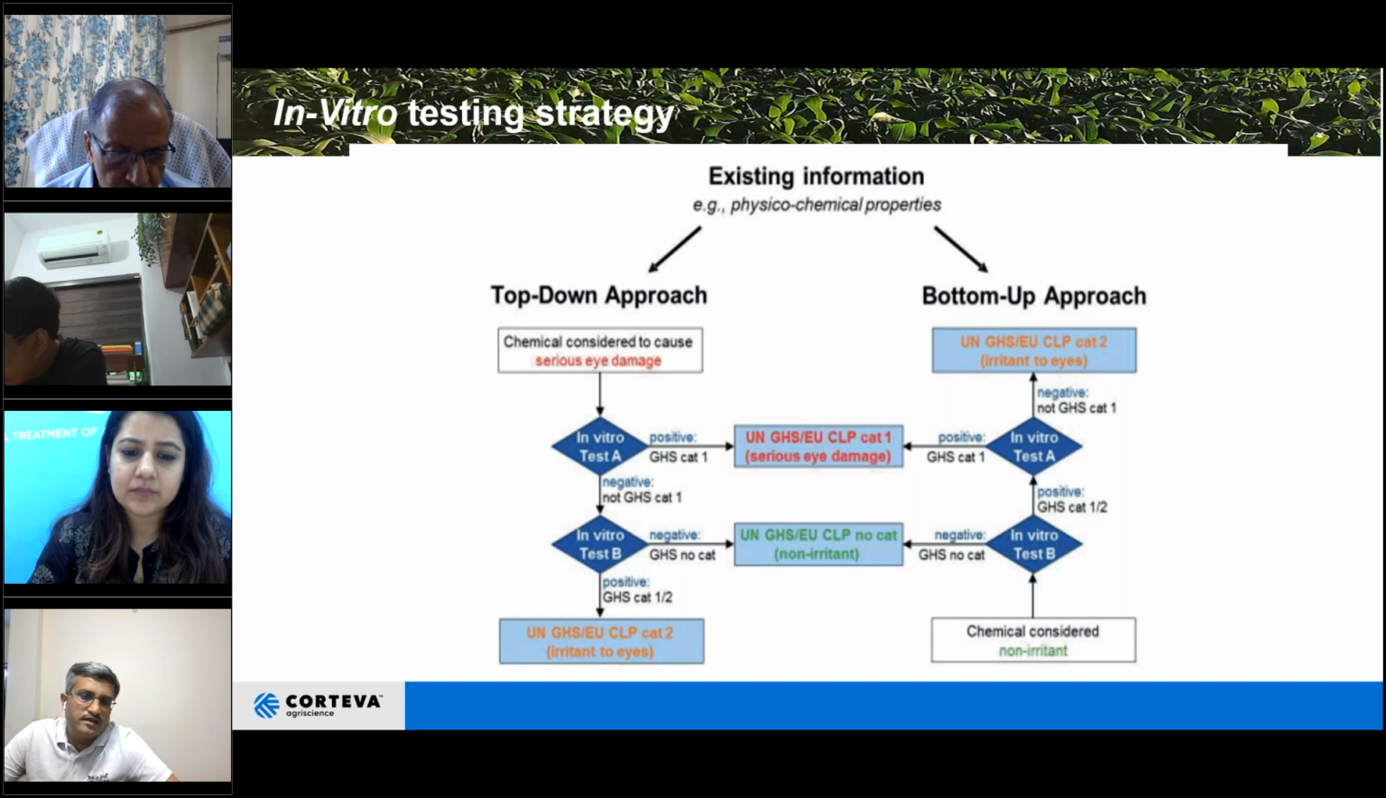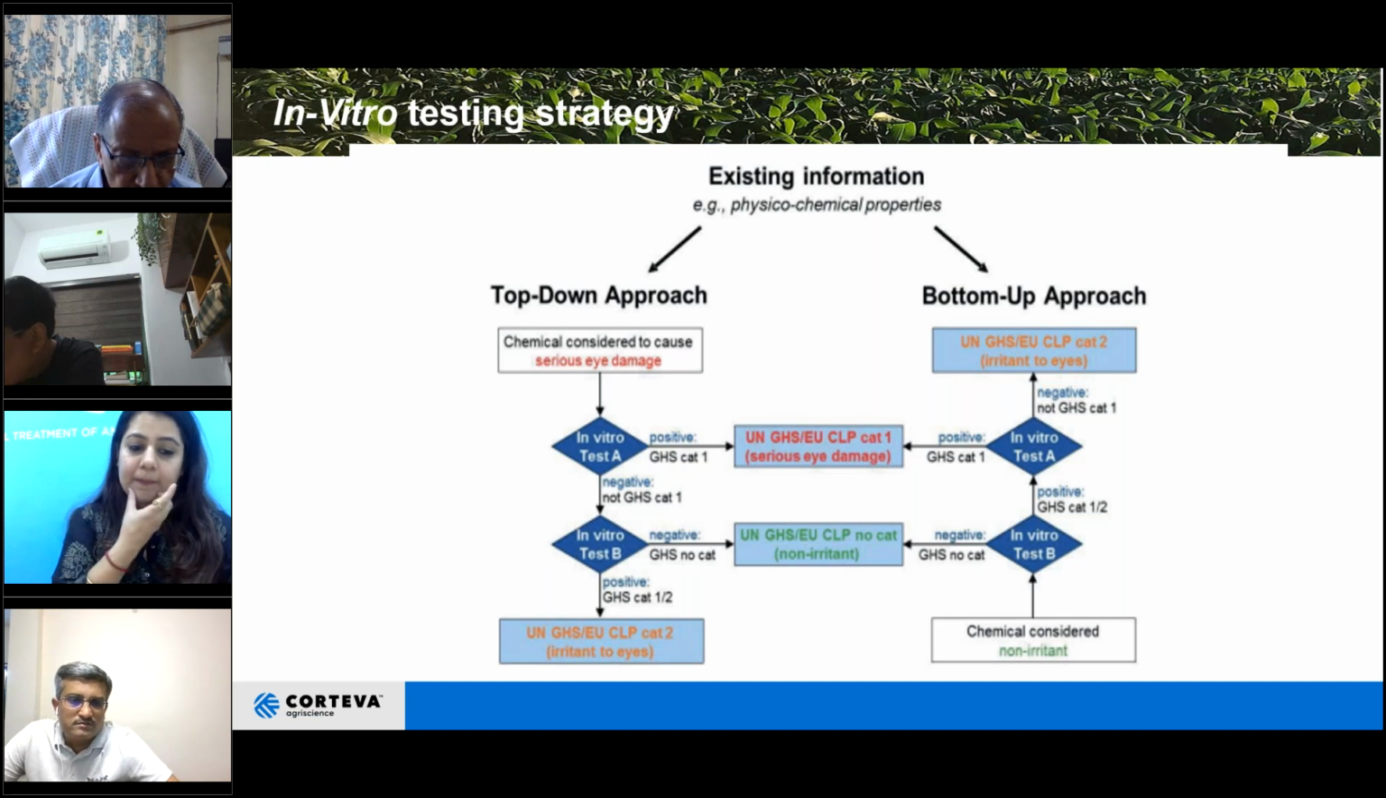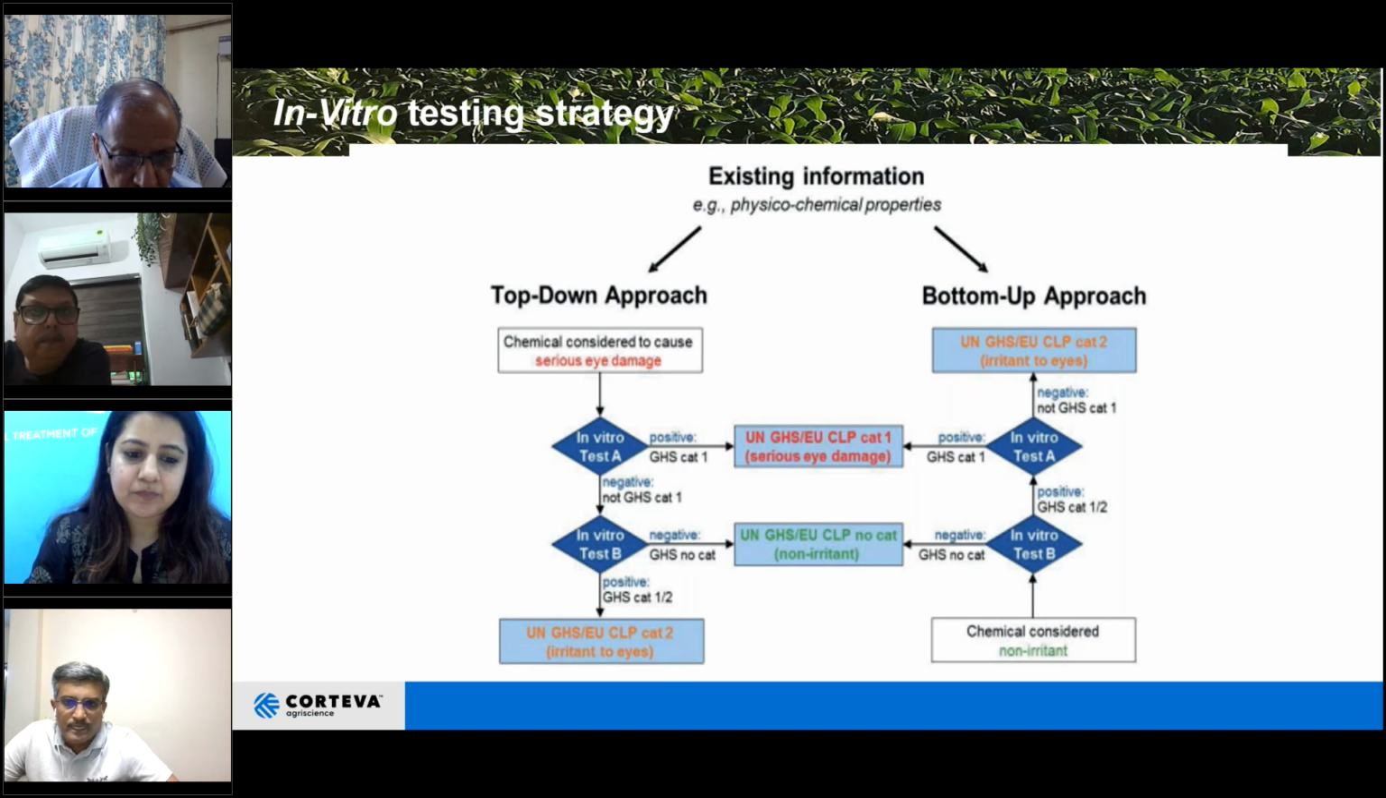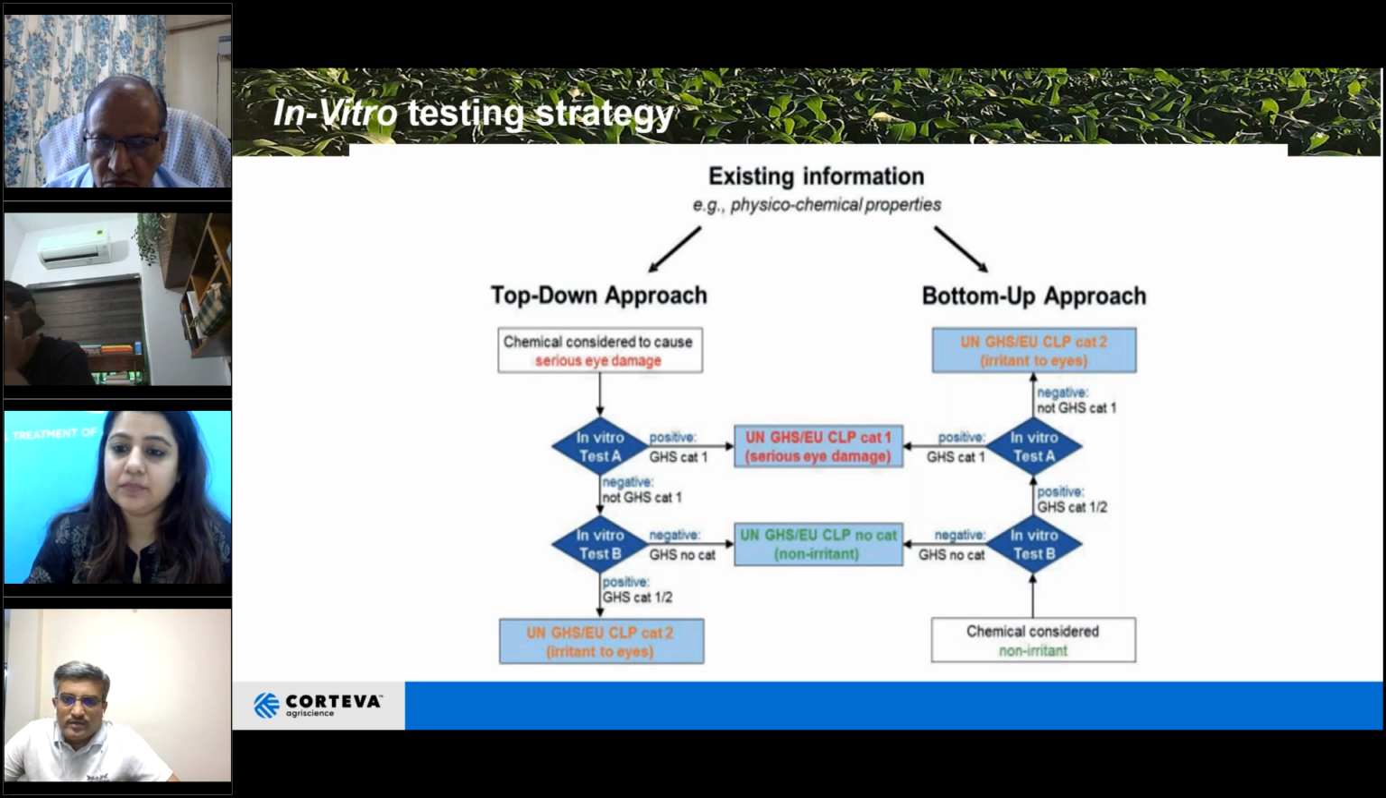If test A is positive, then classification is considered as category 1. If it is negative, then test B is conducted, and if the result of test B is negative, then it is considered as non-irritant. If test B results in a positive result, then the test material is considered irritant to eyes. For chemicals or test substances that are predicted to be non-irritant, then the bottom-up approach is employed, wherein